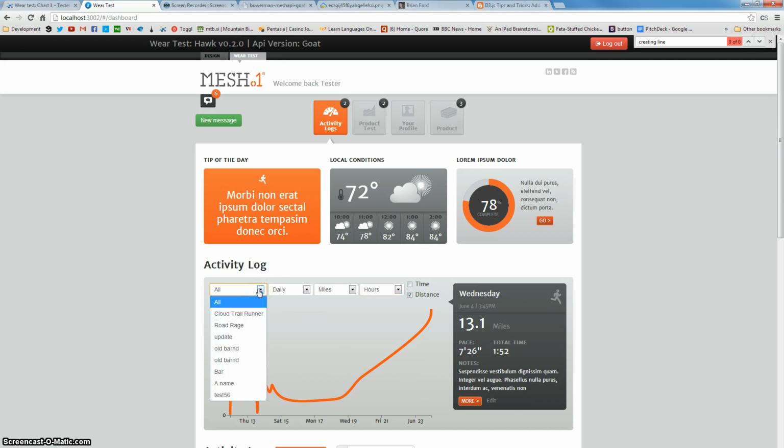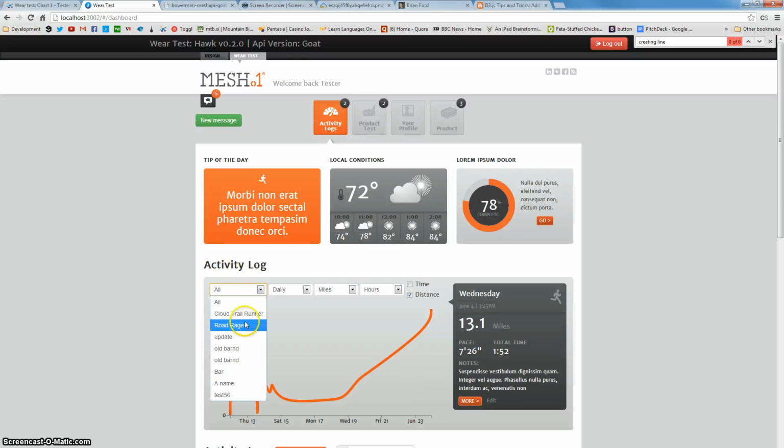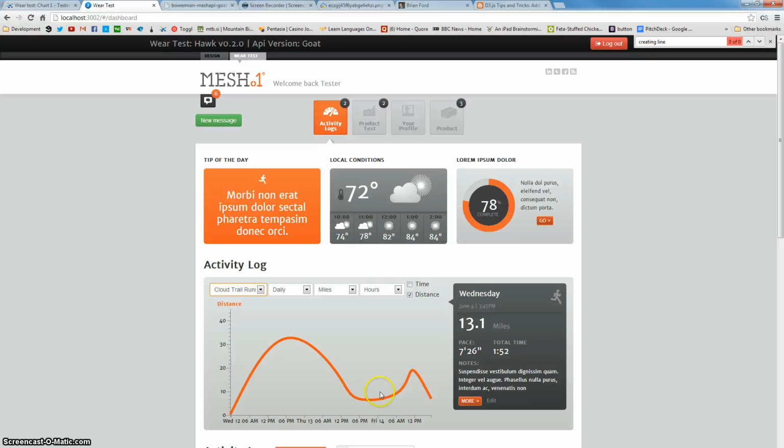So we can also choose a specific wear test. I hope I got that right from the comments, because I wasn't too sure, but if we see this object, it has wear test, so I searched all the activity logs connected to an ID of a wear test, and basically I'm showing that wear test name. So for example, if I press CloudTrail Runner, we can see all the activity logs connected to this wear test,